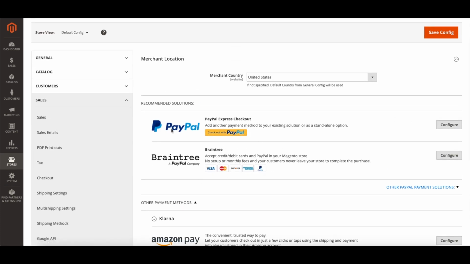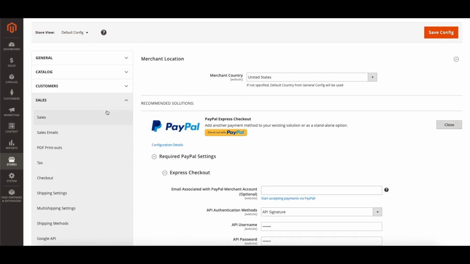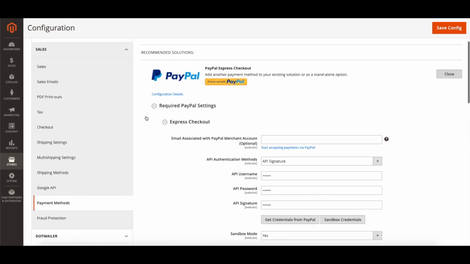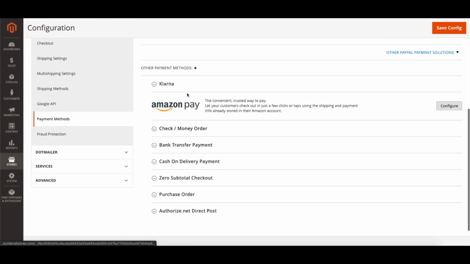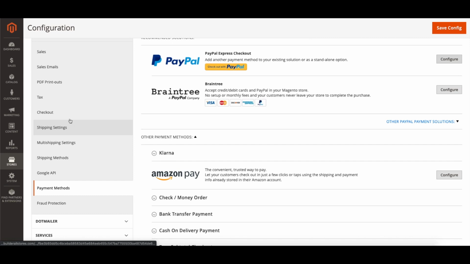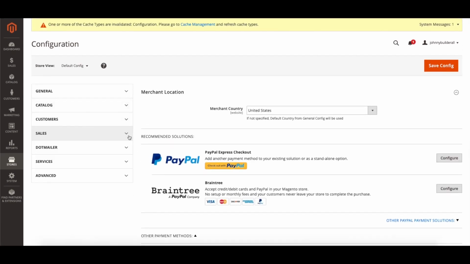We always recommend PayPal, as everybody uses PayPal. It's very simple, and you can click configure here and set this up here for you. But as you can see here, there are other options as well for anybody who wishes to use a different option. Something else here that we need to go over